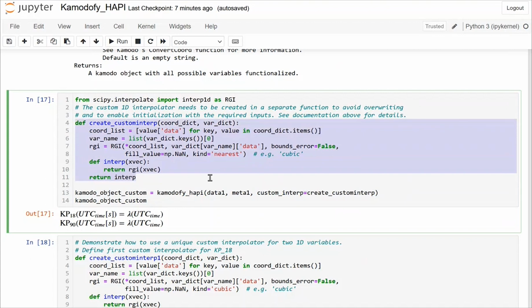and create our custom interpolator like this, and it will get initialized with the correct coordinate data and variable data in Kamodofy HAPI, as long as it follows this syntax here. And this is all described in documentation, but let me not dive into those details here. So here, the same data that was functionalized a few blocks above is now functionalized with a custom interpolator with these lines of code. Other than creating the custom interpolator, the process can happen in one line of code,